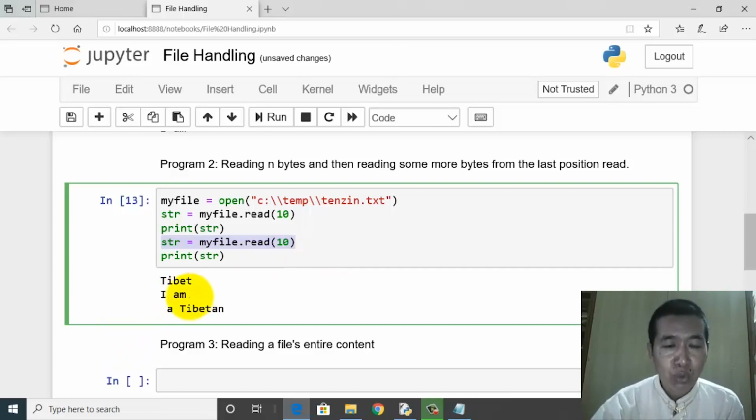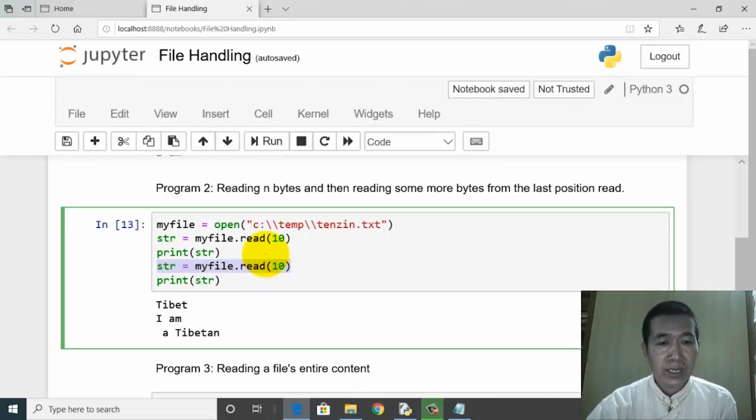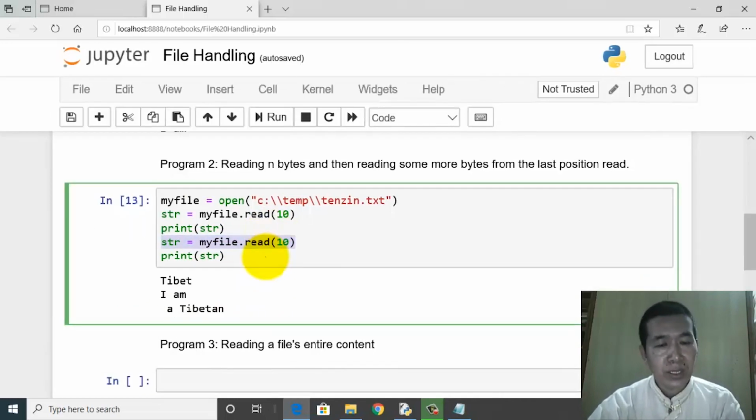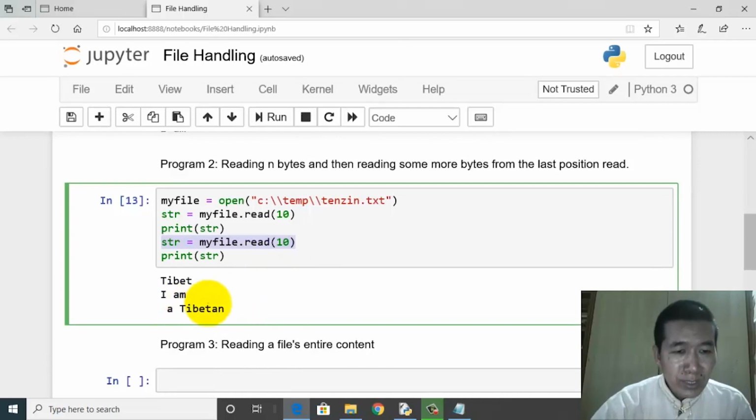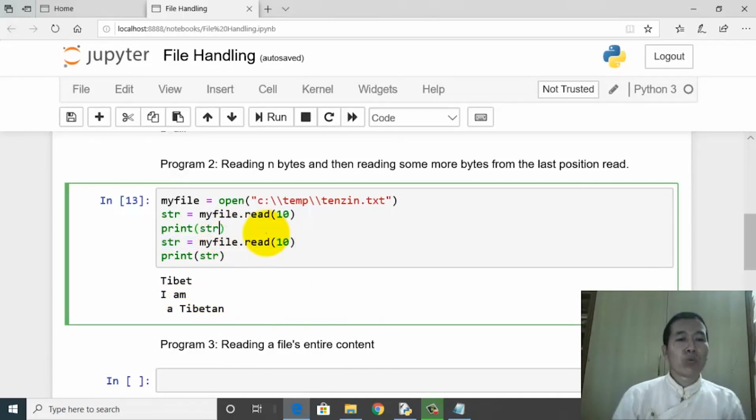So as a result, when I continue with the reading process, the remaining characters, the leftover characters, will be read and therefore printed. So this is one important thing to be noted. The reading process will always continue. This looks a little weird. The reason is the print statement will always by default insert a new line.